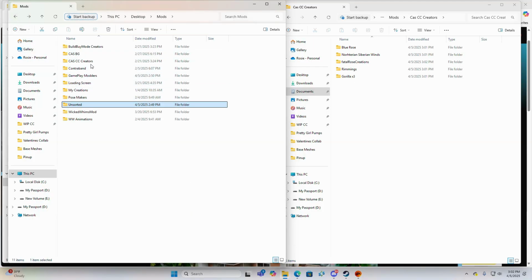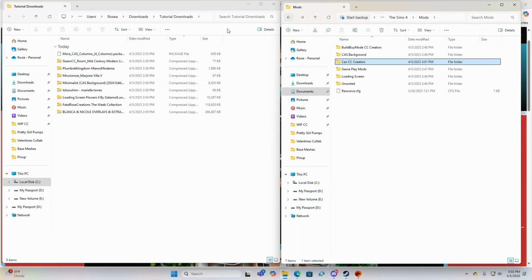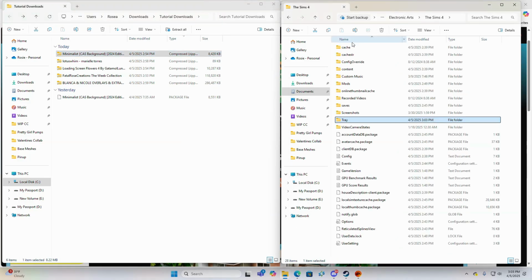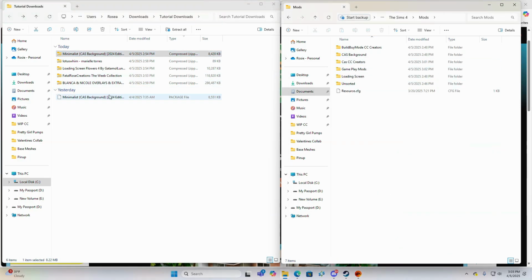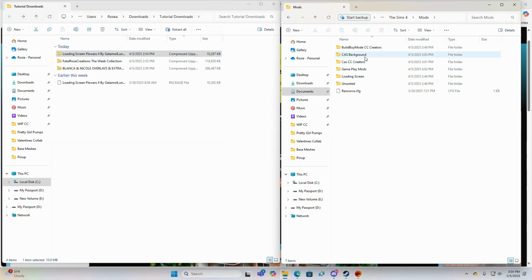Once I know it works, then they get sorted into their respective folders. But anyway, so we got that CC in there. The more cast columns is a gameplay mod, so we'll put that there. So this is my cast background. You can only have one cast background in your game at a time, so that's why I like to give it its own folder. Just like the cast background, loading screens, you can only have one, so that's why it